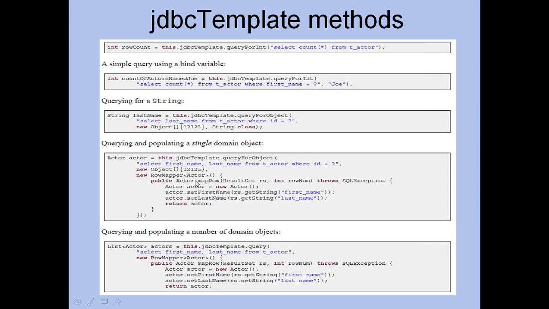Within that RowMapper there is a method that is implemented, mapRow, that accepts the result set and the row number from the result set that is returned by the database. Now you are taking the result set, getting the string, first name, and setting it to the Actor class. That's why you are saying RowMapper of Actor. So this is called a callback method. You are not looping through the result set, but directly within one step you do everything.